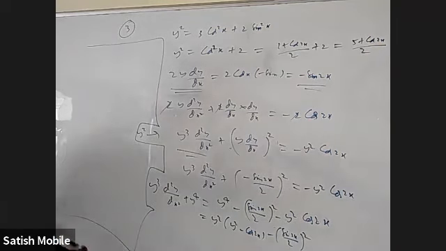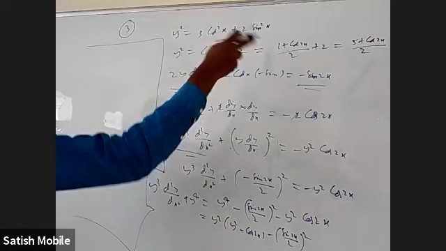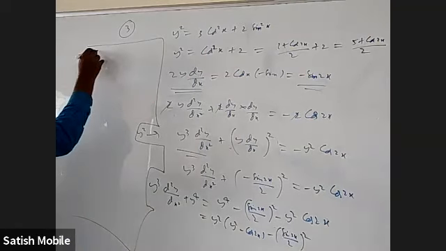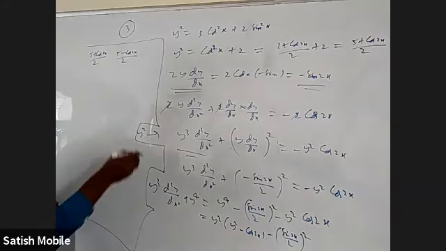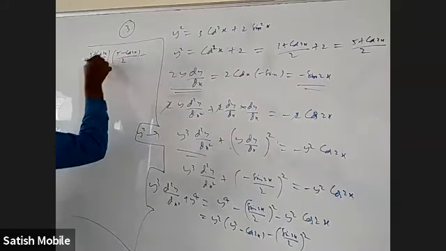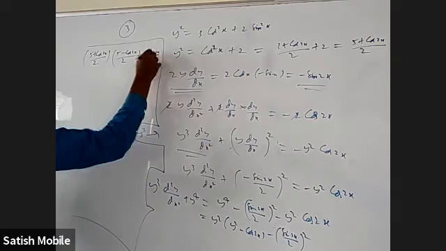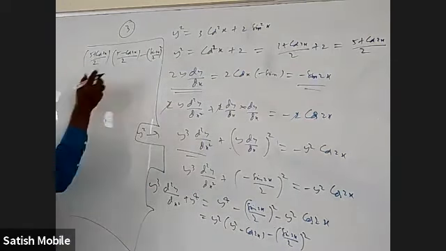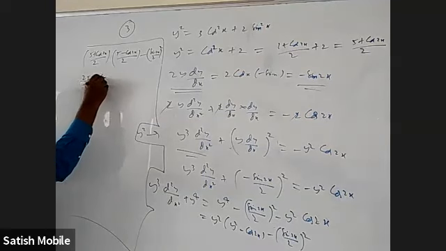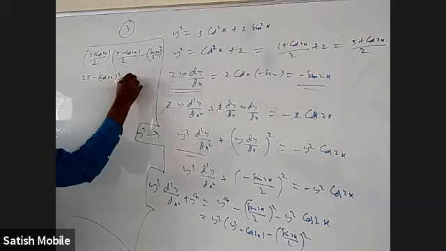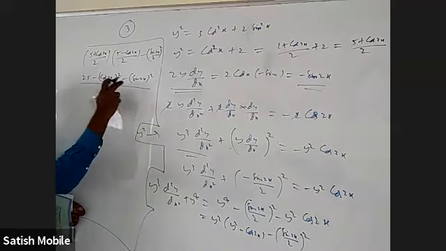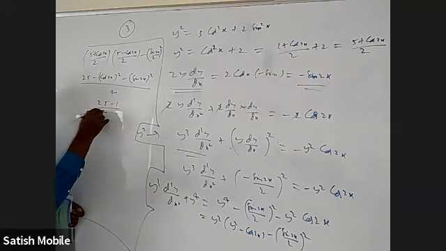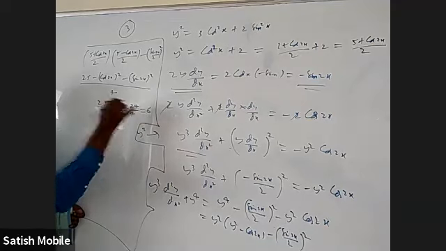We want to prove this is some constant basically. I'm only starting with the RHS now. Y square is 5 plus cos 2x by 2. When I substitute that, it is going to come as 5 minus cos 2x by 2, times, minus this is a product, sine 2x by 2 whole square. That's good, a plus b into a minus b. So you're going to get 25 minus cos 2x whole square minus sine 2x whole square, whole by 4. This is 4, that's 4, and cos square theta plus sine square theta is 1. So it will be 25 minus 1 by 4, which is 24 by 4, which is 6.